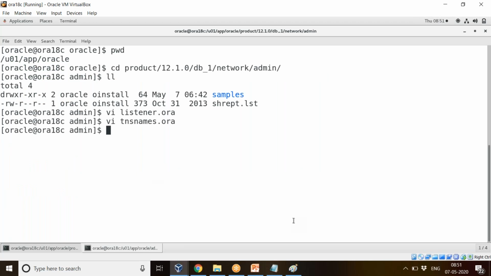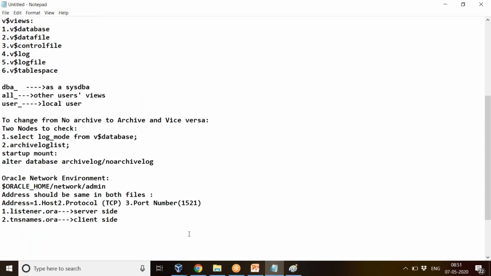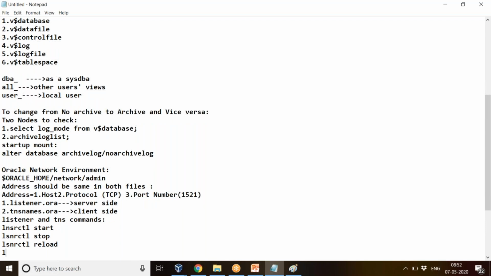So just come out. Now we should know what all the commands of the listener and TNS are. For the listener, lsnrctl, listener control. lsnrctl start, lsnrctl stop, lsnrctl reload, lsnrctl status.